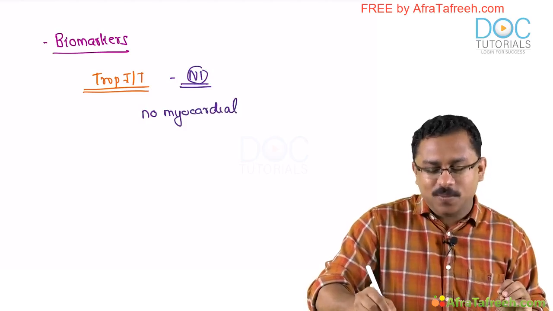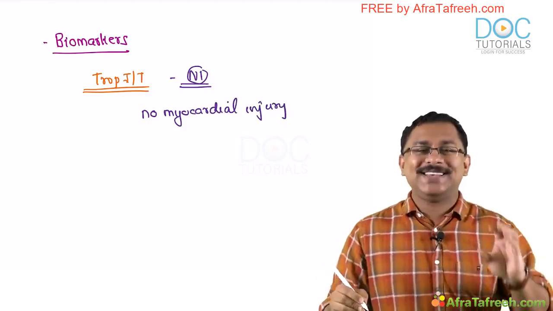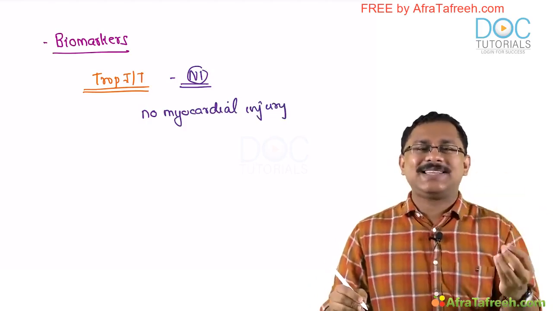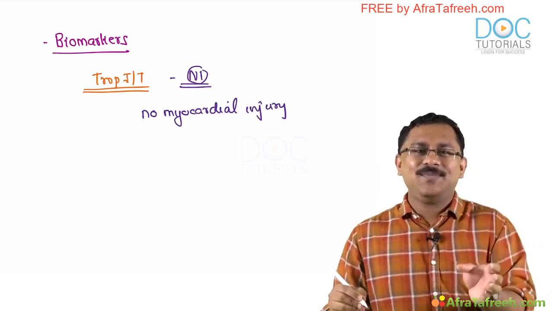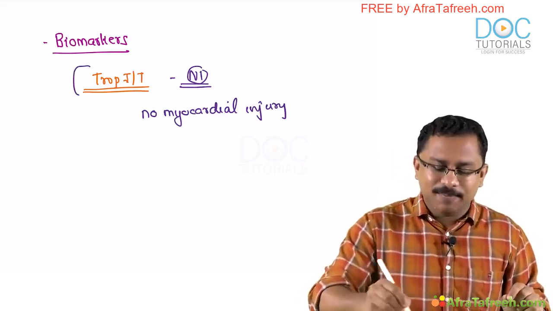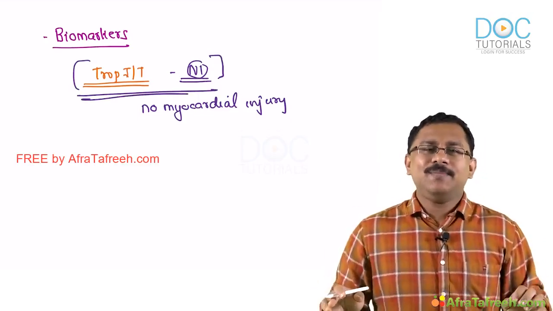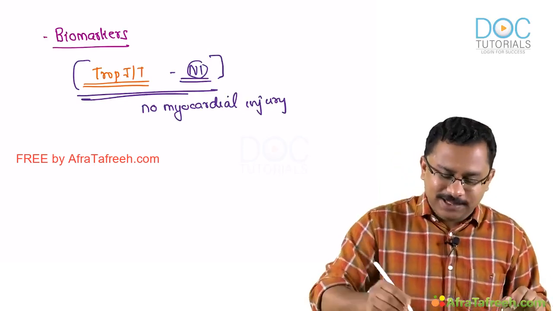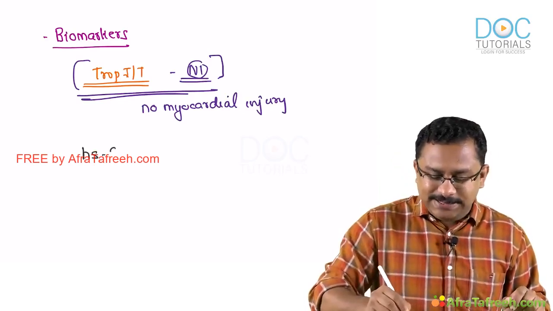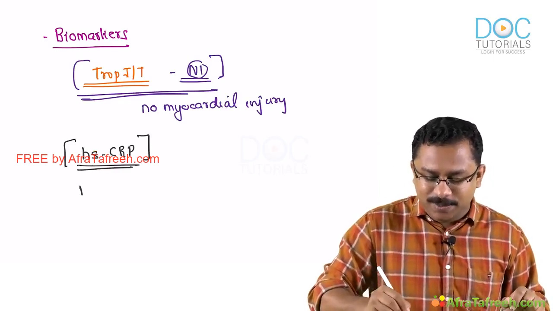There is no myocardial injury, there is no death of the cardiac myocytes, because remember, this is a stable ischemic heart disease, a stable angina, so there is only ischemia and no infarction, hence the biomarkers will also be normal. But probably you might find that certain inflammatory biomarkers like HSCRP, the high sensitive CRP,